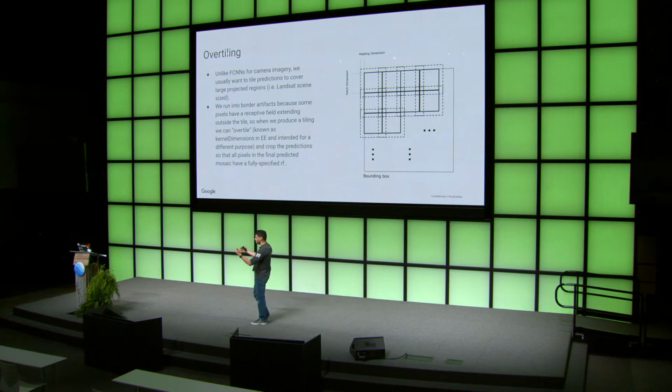And then what we'll do is once you predict those inflated tiles, we'll crop the border. We cut it off and then reassemble them. And this works incredibly well. Usually the over-tiling, especially in low-resolution imagery, doesn't have to be huge, and you can get the seamless map. And this is, again, exactly what we do with TF records and EE.model.